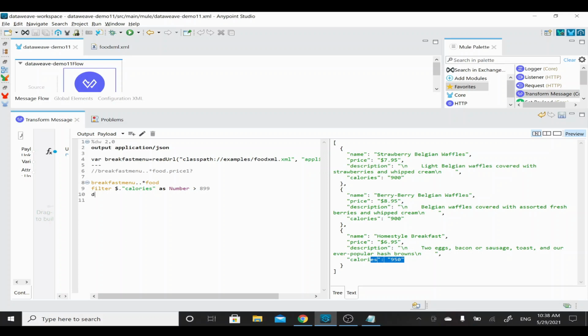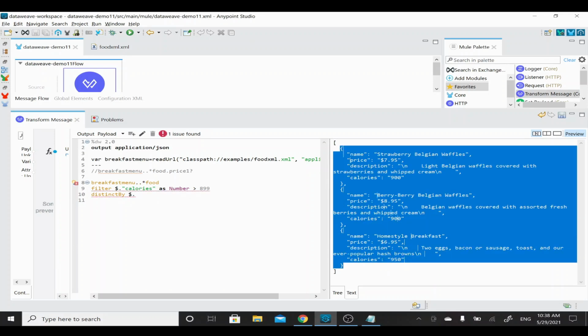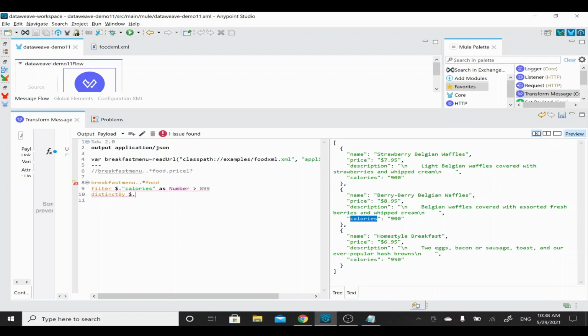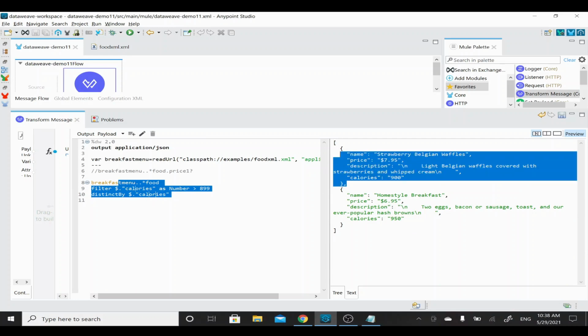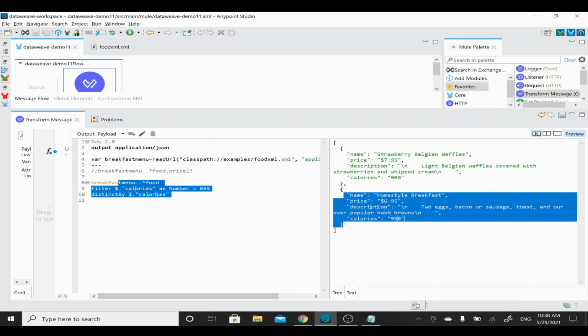For example, I wanted to identify the distinct records. I need only the distinct records. Then what I can do is $name, because now it will apply only to these 3 records. I'll just give calories. So if you see here, 900, earlier we had 2 records. Now we are taking only the distinct records, it's taking one distinct record and another distinct record. So now it is giving 2 arrays only.